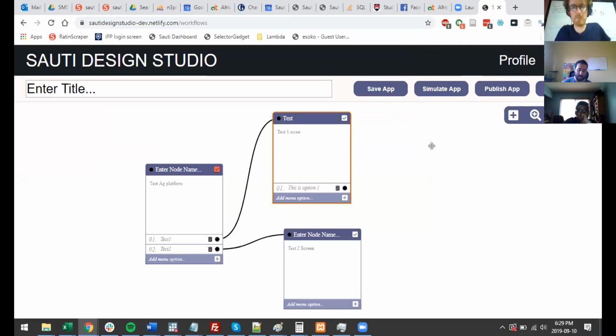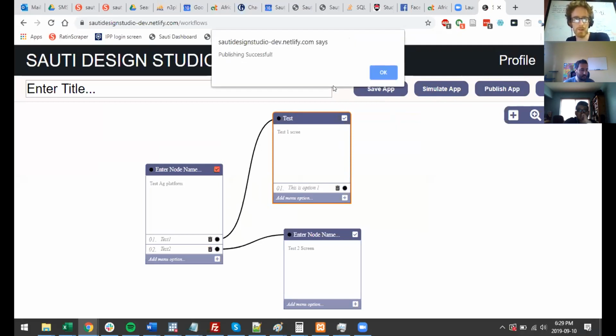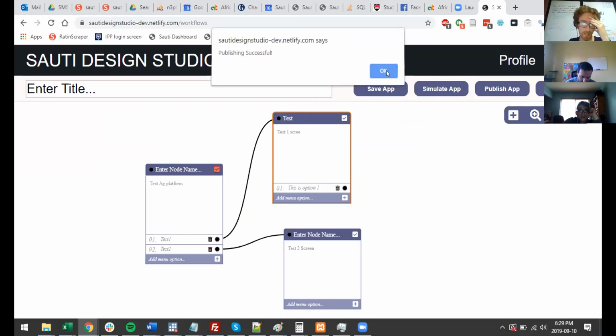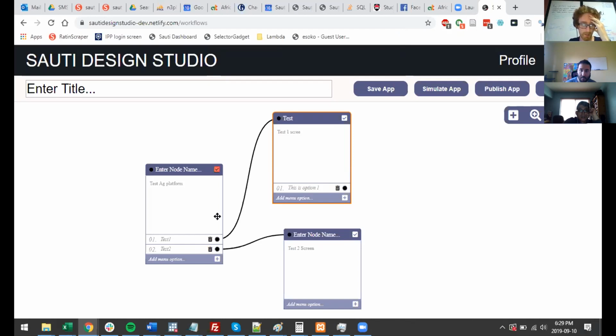Speaking of the intuitiveness, sometimes I'm a little concerned about I hit publish and then I feel like nothing's happening, but I do get that either it's being written to the database or making a call somewhere. Any chance we could put an overlay in, the spinning wheel or something, just to indicate something's going on? Yeah, the publishing successful is just a placeholder. Yeah, I get that, and that's how I would do it.